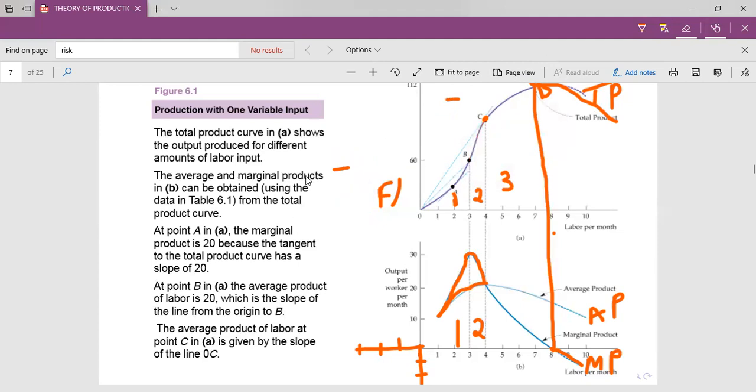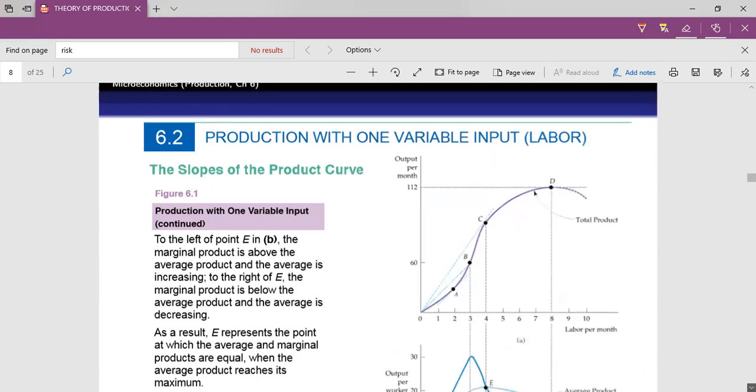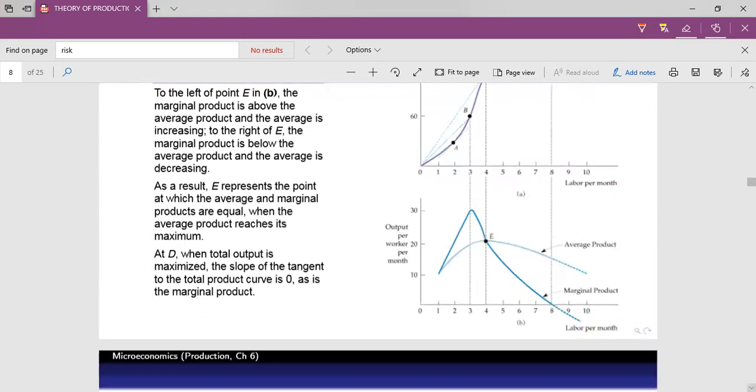And of course, here we've been looking at one variable factor, which is fertilizer, and the other factor is fixed, which is the plot of land. But that only works when the assumption is that there is no change in technology. Otherwise, if there is change in technology, the law, what if